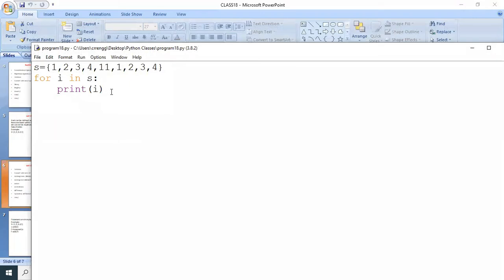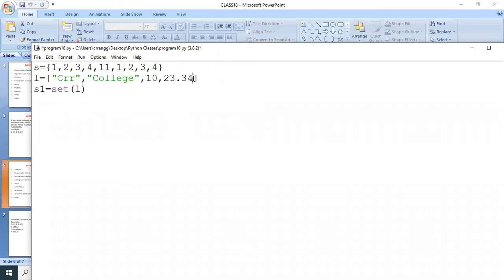So next one, convert a list into a set. How can we convert a list? For example, I'm defining a list L equals to CRR, college, 10, 23.45. So this is the list. Now I want to convert this list into a set. How? Simply S1 equals set of L. That's it. Set of L.